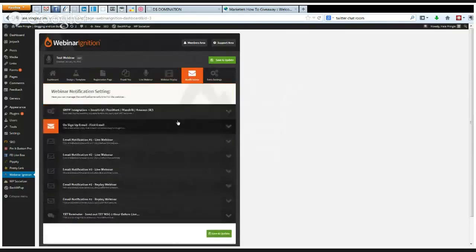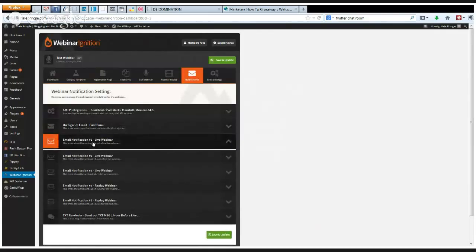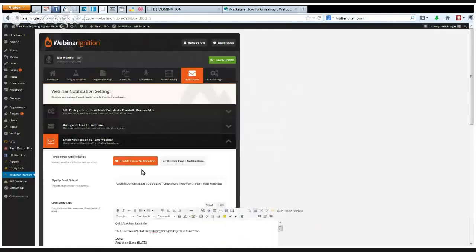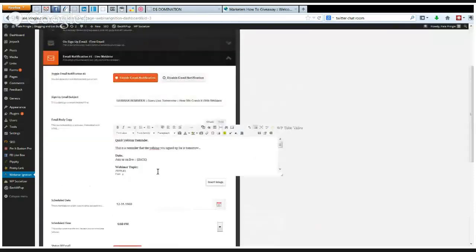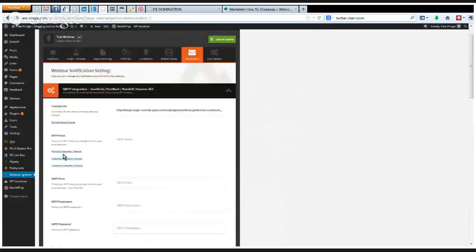And the last area is the notifications, and these are your emails, which there is swipe copy here. It's actually going to get sent out from here if you make it work, where it's got the date and the title and the time and your name, and it will actually be sent by this system. How to